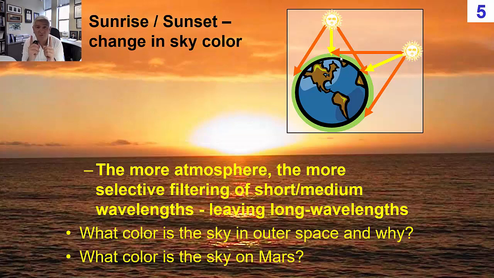So here's the even trickier question, right? If you're on Mars and you look up at the sun, what color is the sun going to be? It's actually going to be a combination of short and medium wavelengths of light because that's what's shining through. The red is being scattered in the sky. So it's going to appear like a teal color, a mixture of blue and green, which is really freaky, kind of weird to think about.